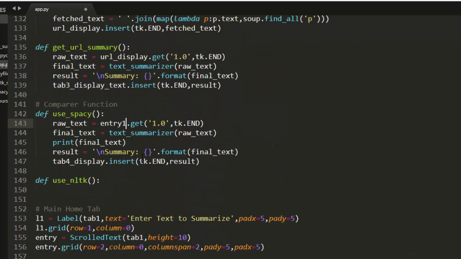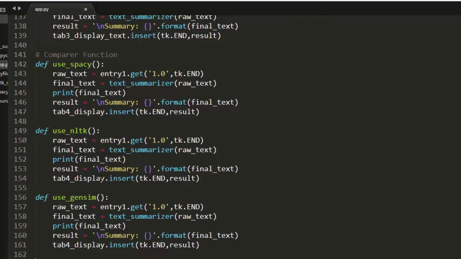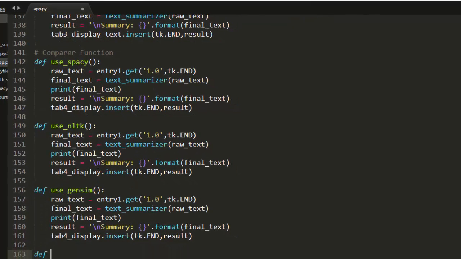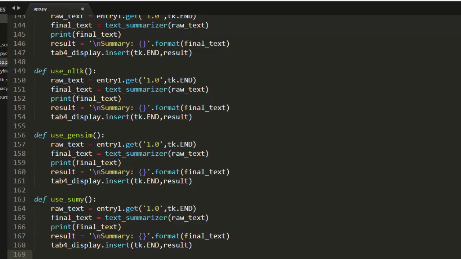Entry 1. Perfect. So we have been able to work with it. The same thing we're going to be doing for the next one for the nltk. So let me copy this one, paste it here, then another one for the Gensim. So use Gensim, and then the next one for the sumy. So let's use sumy. Okay, so the only thing we're going to be changing in this particular stuff is